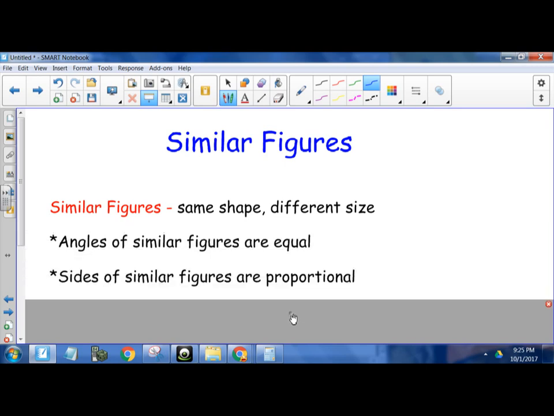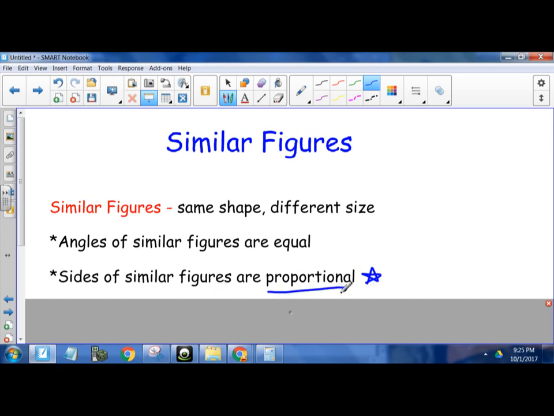And there's two very important things you need to know about similar figures. Number one, the angles of similar figures are equal. And number two, the sides of similar figures are proportional. This is the big one that we're going to use in algebra. You'll use them both in geometry when you take geometry, but for now we're going to focus on this